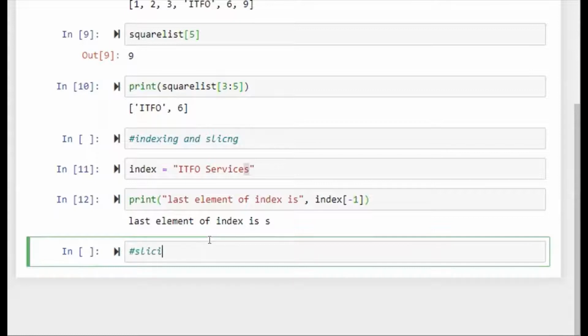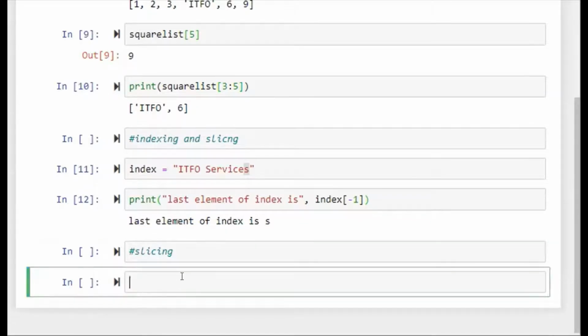Slicing is another useful technique. If we want a chunk from a string, a list, or an index, then we use the slicing techniques.